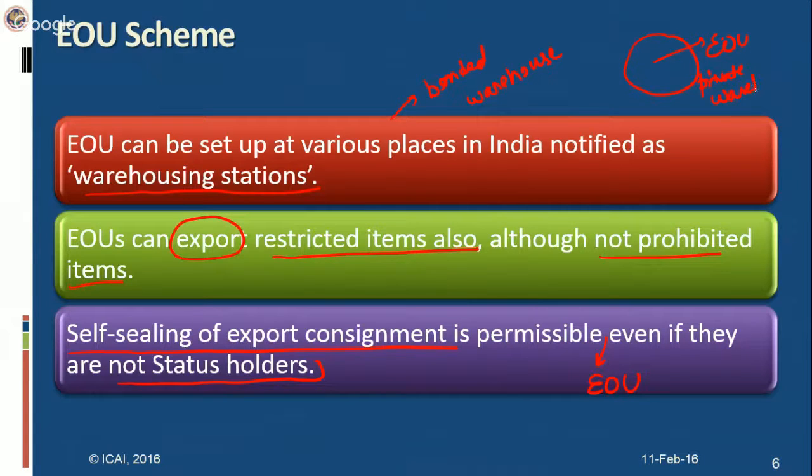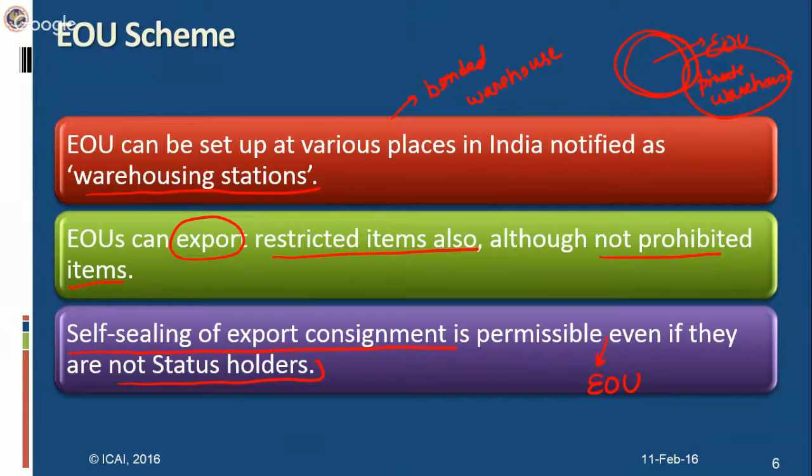Under section 58, a private warehouse license is obtained under section 58 of the Customs Act. So for establishment of EOU, you have to obtain a license under section 58 as a private warehouse. It should have a separate earmarked premises, and this license as a private warehouse shall be issued for 5 years